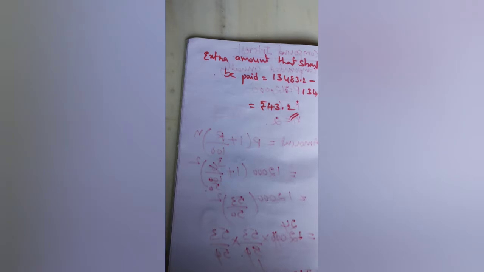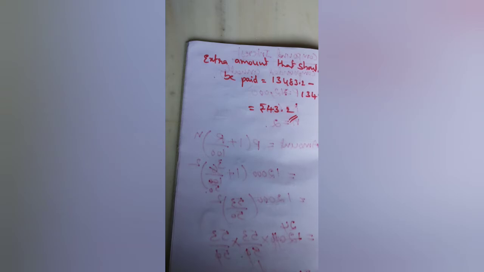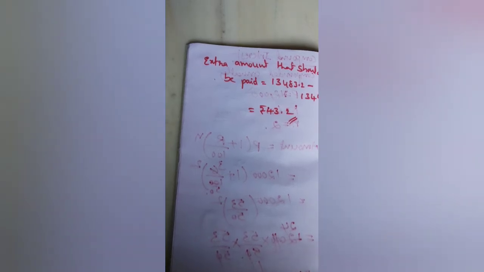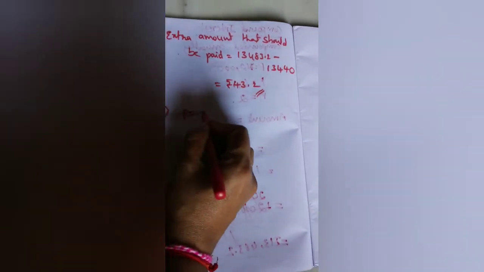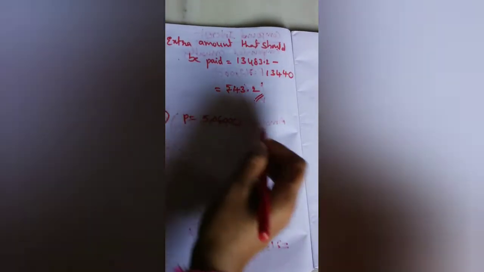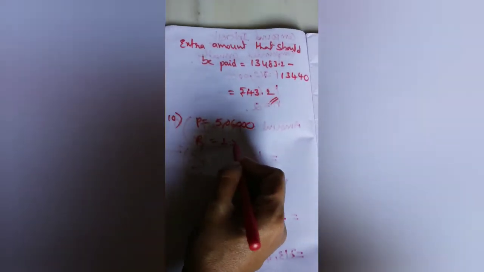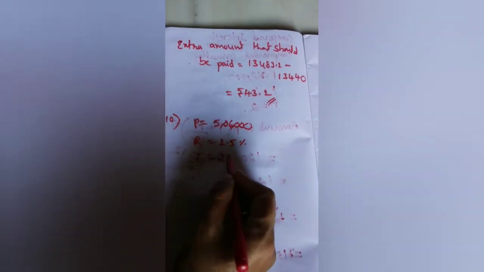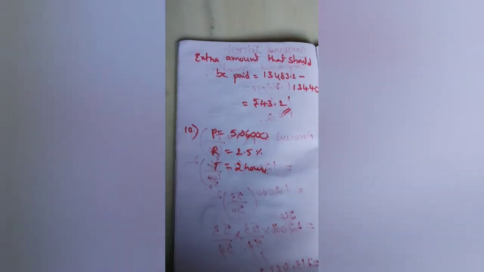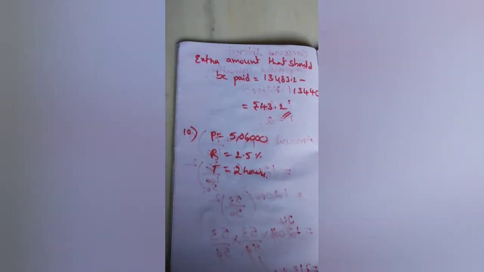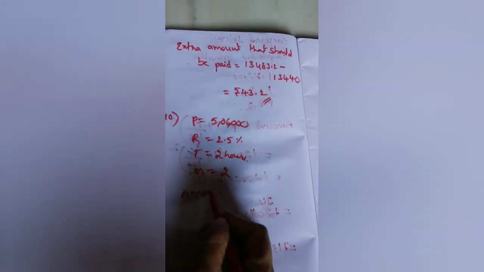So here we can apply the compound interest formula. See here, instead of time period, 2 hours, the initial count we can consider as principal. Just I will give you a hint here. P is 5,06,000 and R is 2.5%, T is 2 hours. So here for every hour it is compounding, means every hour is nothing but a year, we can assume. So N will be 2. Now apply in this formula and you will get the answer.